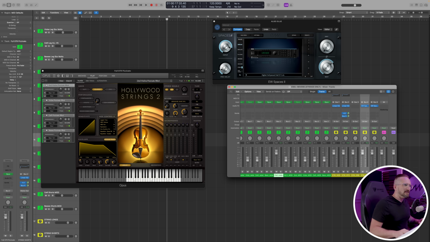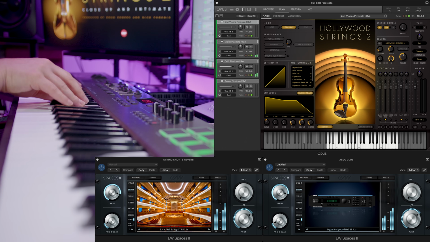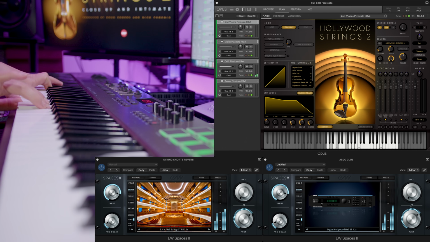We're going to go minus, let's say minus 4.5 dB, and we're going to back down on the digital reverb. Let's go ahead and back this down to minus 10 dB, and let's see what this sounds like. So I think that's sounding pretty much right on for a kind of middle-of-the-road orchestral strings reverb.